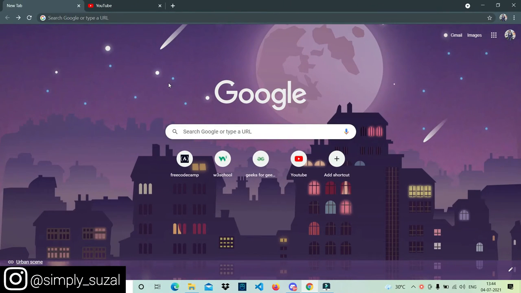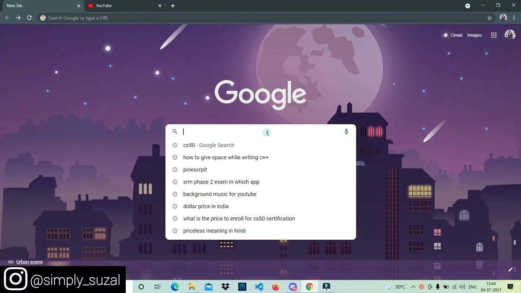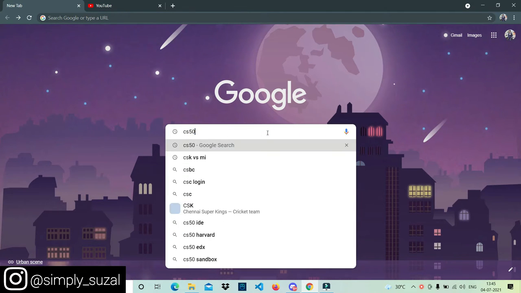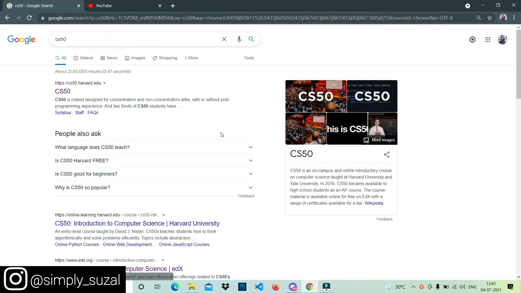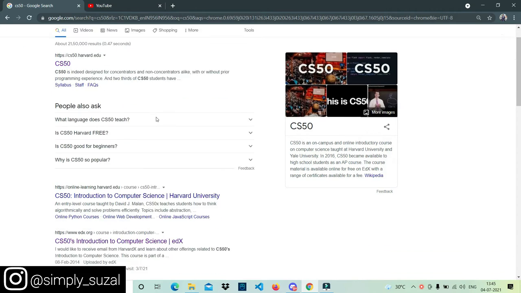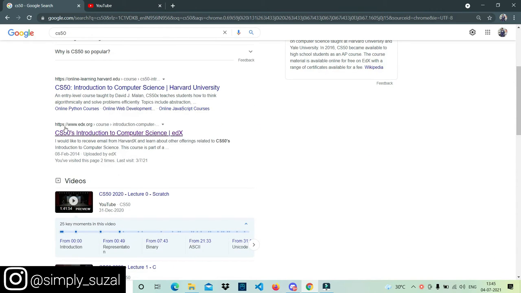So let's go to the laptop screen so that I can show you the whole thing about the CS50 course. Let's check how you can enroll in Harvard CS50. Here you can see Google. I'm going to write CS50, then search. As you can see, the official website is cs50.harvard.edu, and you have to go with